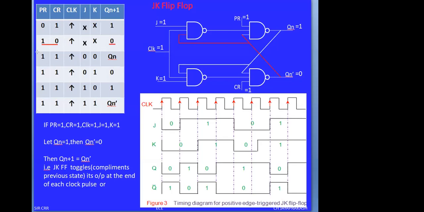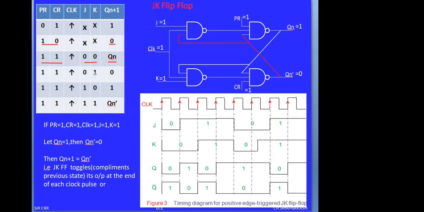Now, when discussing the remaining steps, when both preset and clear equal 1, 1, it means the flip-flop is working in synchronous mode. Now we have to check the inputs J and K. The JK circuit diagram is a modification of the SR, but the operation in the functional table is the same. When J equals 0, K equals 0, there is no change condition, that is Q of n plus 1 equals Qn. That is, next state equals present state.